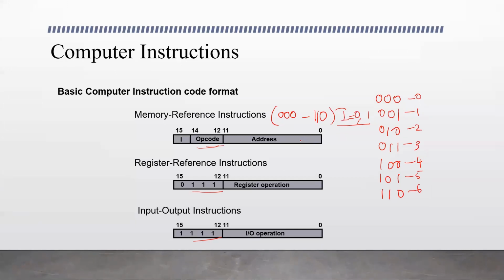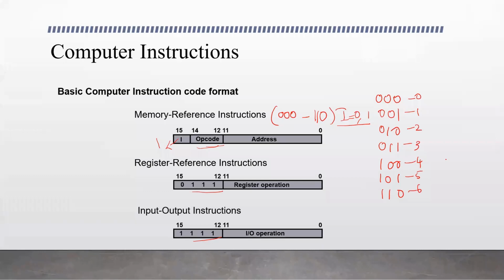If it is a direct address, the operand will be found directly at the specified address. If it is an indirect address, that is, if the value of I is 1, that means the address specified is an indirect address. So this address in memory gives the effective address of the operand. So the effective address is fetched, and that gives the address of the operand.